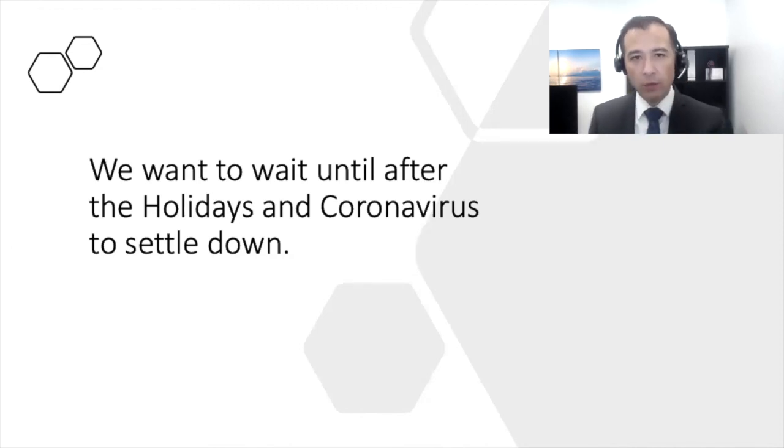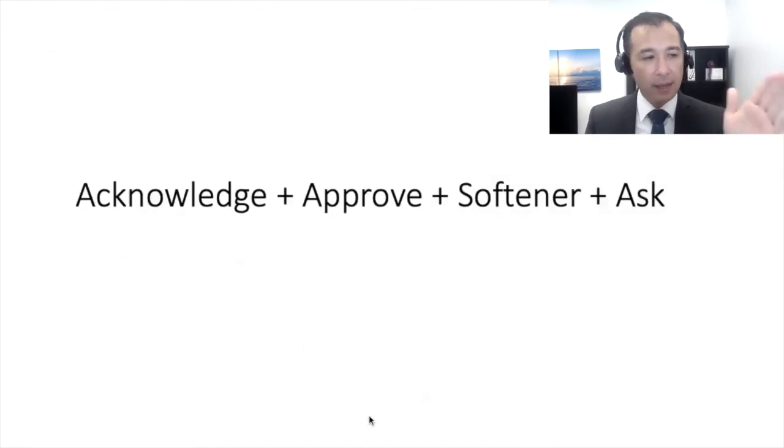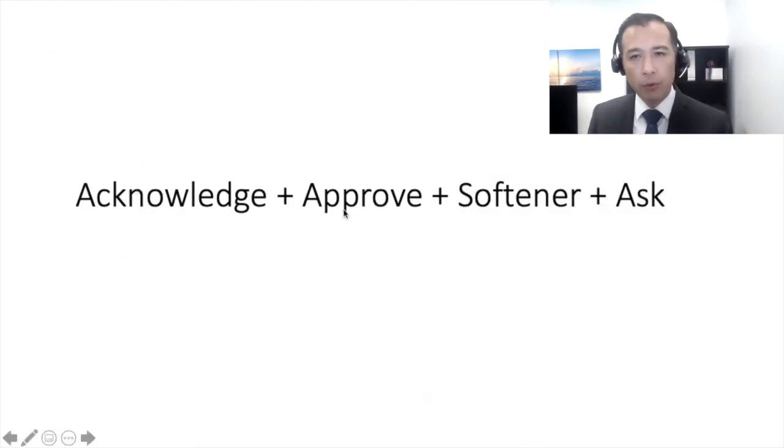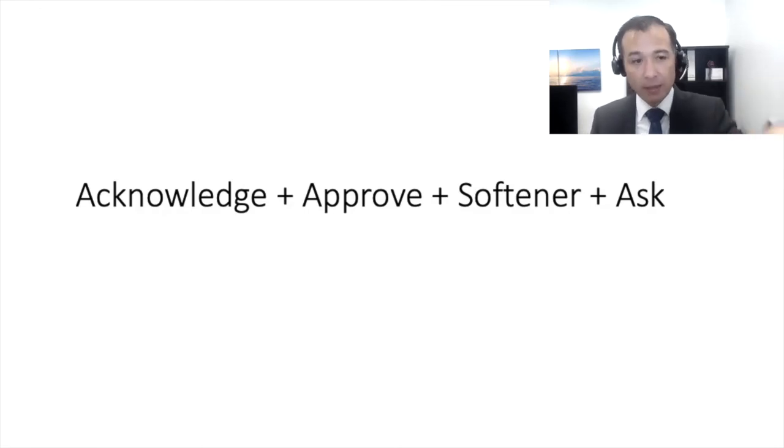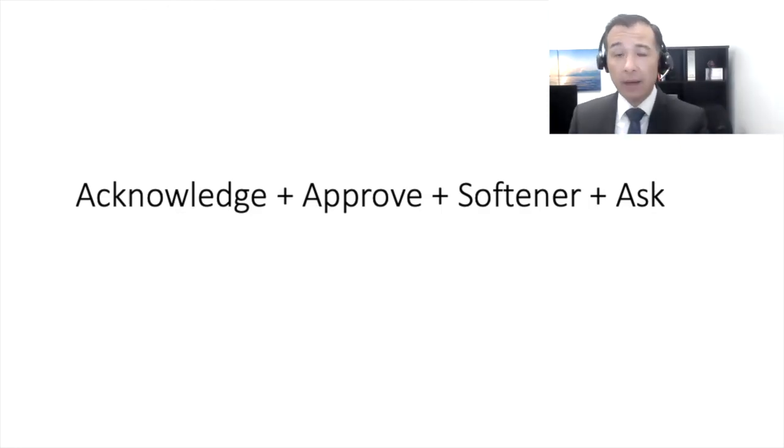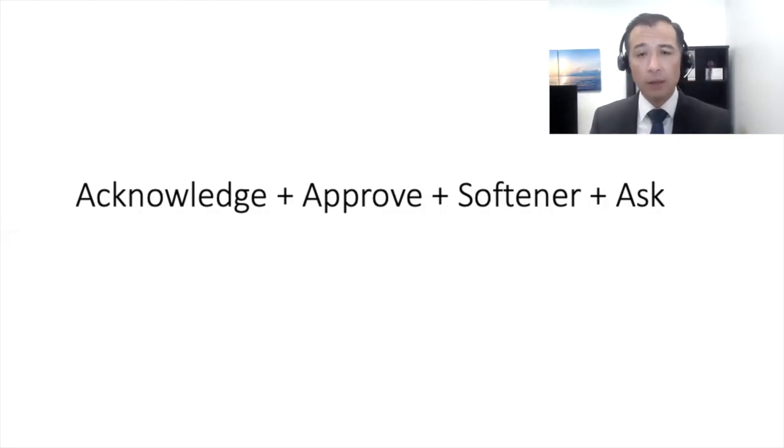So it's not exactly the words. You guys know how I would do this. You guys need to practice this. There is absolutely no way that you're going to internalize this without practicing it. Here is the structure: acknowledge, approve, softener, ask. It works on every single thing. Maybe not exactly 100%, but you could use this exact equation for 90% of your conversations in anything, not just sales. But you're not going to get any better if you don't practice. So these are the objections that are going to come up in next week's role playing.